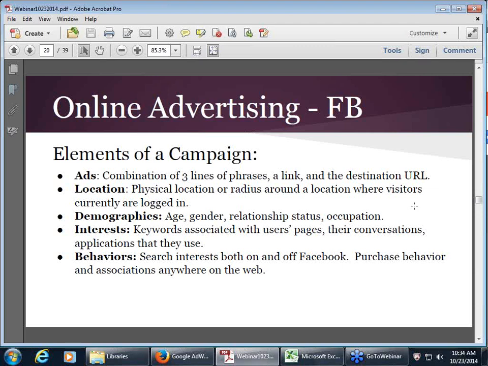And then finally, behaviors. So for instance, let's say somebody goes to Amazon.com and buys a handbag. Facebook actually tracks that outside of Facebook, you went to Amazon.com and bought this product, and then advertisers within Facebook can identify and target just those people and deliver ads to them. So that's why if you've ever bought something online, very often you'll see, as you go into your Facebook account, an ad for another product like that, or perhaps from the same retailer or online retailer.